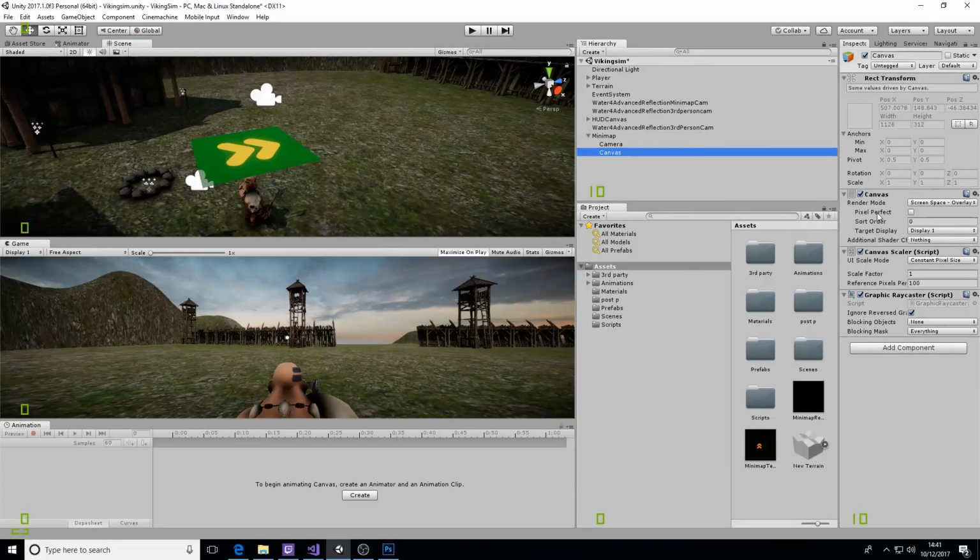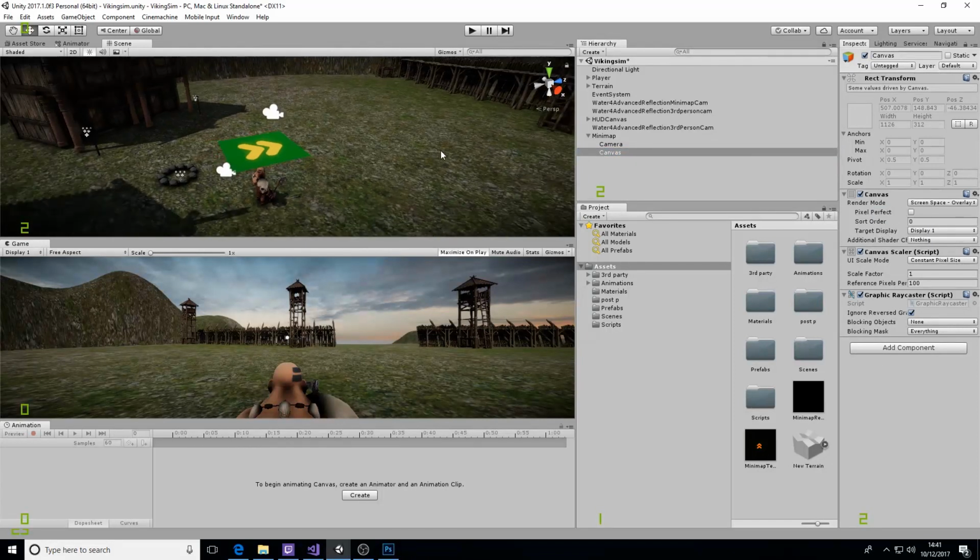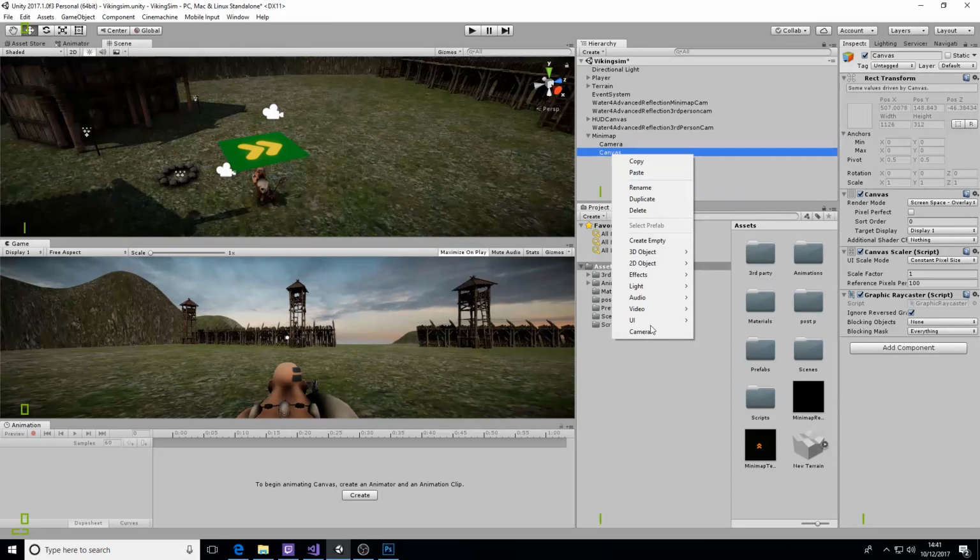Now the canvas, of course, is going to render as a screen space overlay. So we've done this in a previous video in terms of the differences between screen space and world space. And this is just going to take up an image on the screen, which is going to be in a 2D format. Now the canvas itself needs to have a raw image,